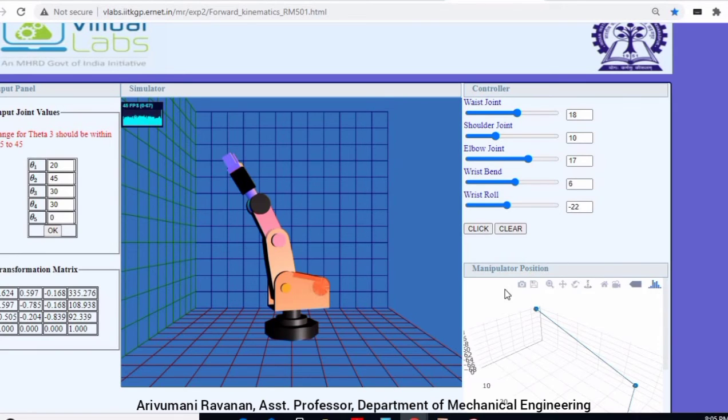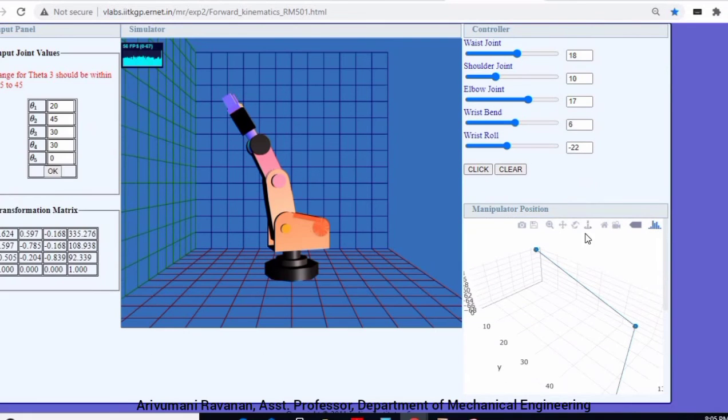The manipulator position is one of the important things we need to discuss. The manipulator position is shown in a 3D graphical representation for every submission of joint values. We can find the exact location of the manipulator in three-dimensional values like this. Robot kinematics involves computing the end effector's position from the joint angles and vice versa for controlling the position of the robot. The robot has 5 degrees of freedom, as I mentioned earlier,